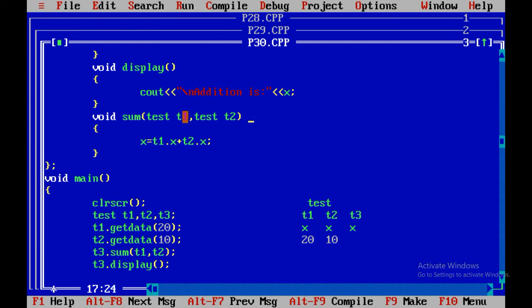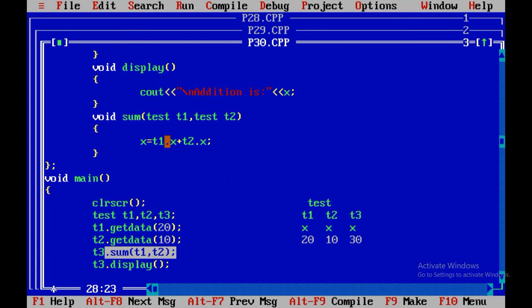And now t1.x, what is the value of t1.x? That is 20, plus t2.x, what is the value of t2.x? 10. So 20 plus 10 is what? 30. But with the help of t3 we have called this function sum.